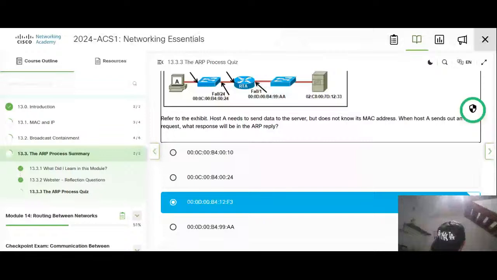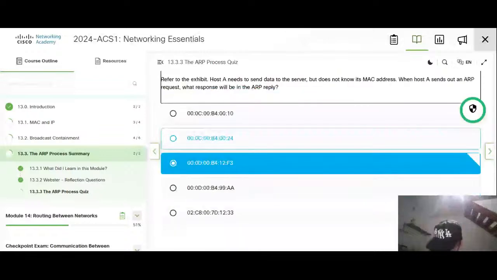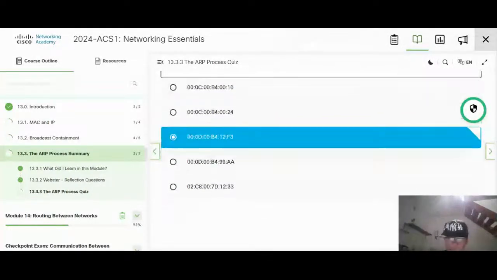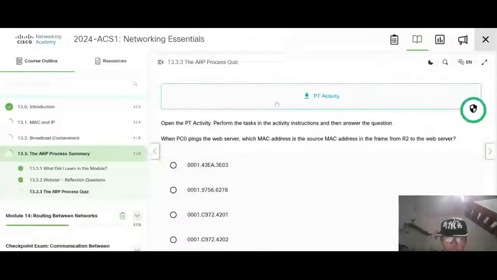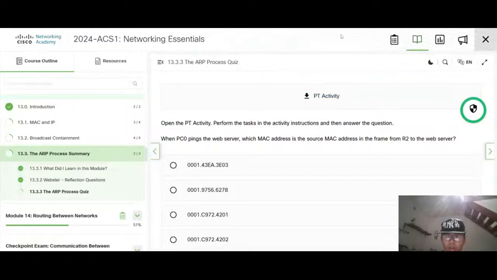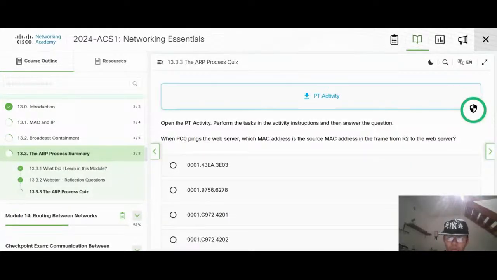So yeah, it's the PT activity. It looks like it's kind of slow.